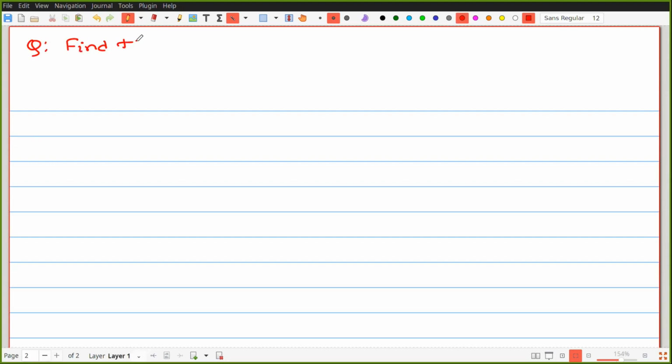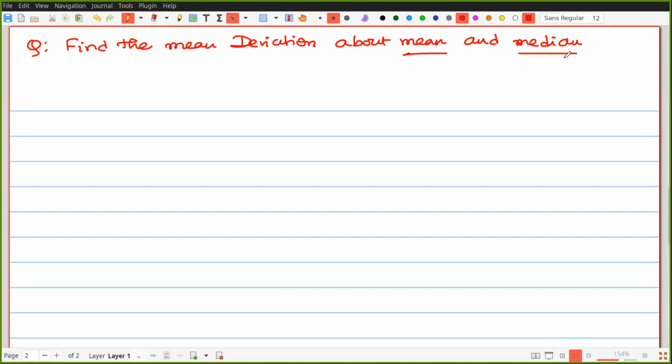Find the mean deviation about mean and also check the median. Mean and median for the following data